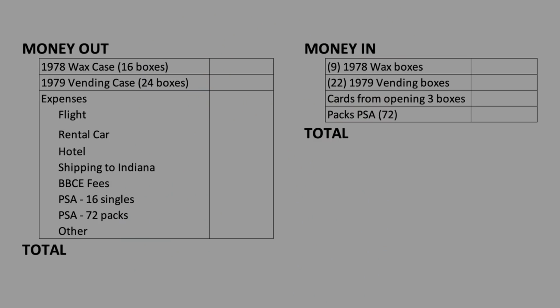Here's a financial breakdown of the entire deal, as I still have the Excel sheet. We paid $28,000 for the 2 cases, but there were a bunch of additional expenses. This included my flight, the rental car, my hotel for one night in Seattle, packaging and shipping the cases to Indiana, Baseball Card Exchange's fee for authenticating the boxes, PSA fees for the singles, PSA fees for the packs, and maybe there were a few other minor things. Add all that up, and the total expenses were $4,803,